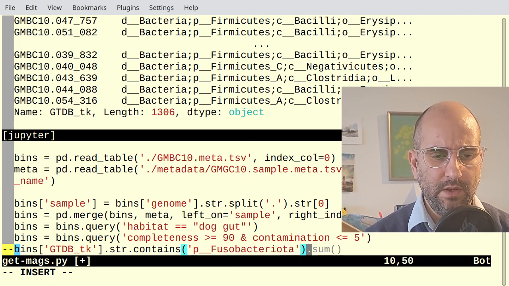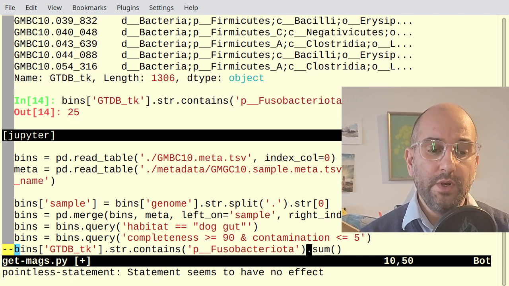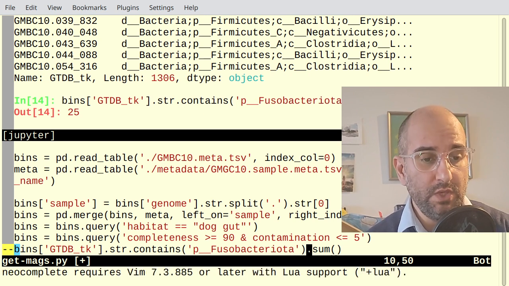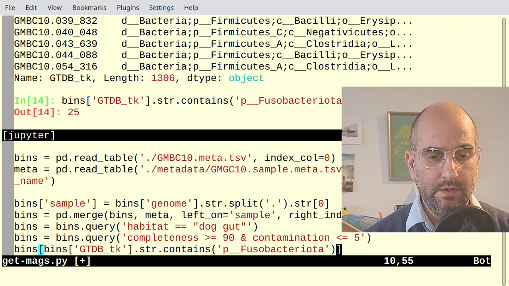Fusobacteriota. I think this is how, yeah. Okay, so we're going to look for those that are from the phylum Fusobacteriota, and we can just check, there's 25 of them. And now let's just,